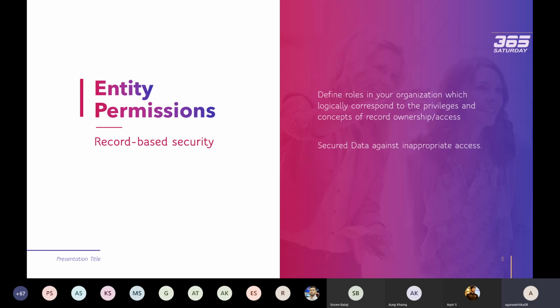Let's say there is an entity ABC, and if I want to assign just read access, I can select that read access. After selecting that access, I can choose if the scope of this entity permission will be global, or based on an account or a contact, or maybe on a parent entity permission. Those kinds of granular details can be set on the app, and we can choose which data will be displayed to each user.